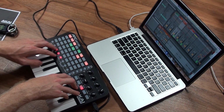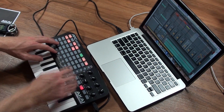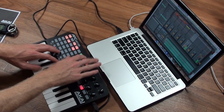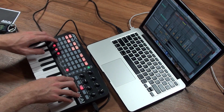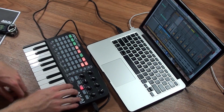Look at the sky. Then you can have whole builds planned in there. Have little one-shots. Then you can obviously